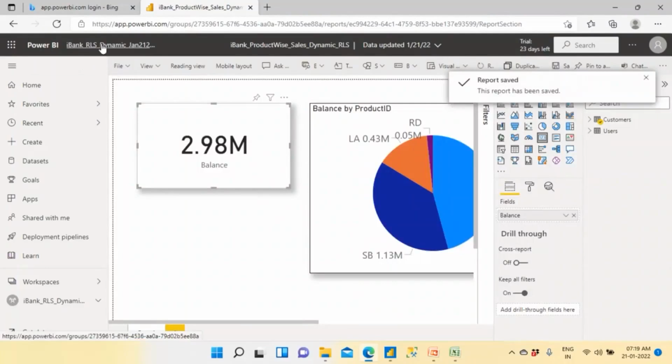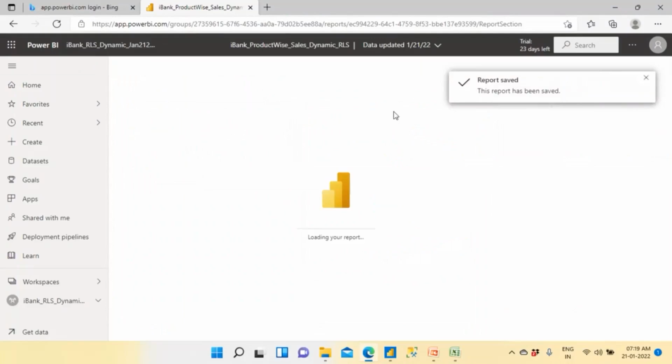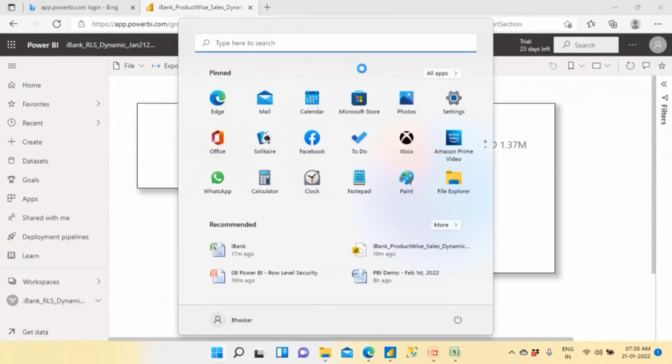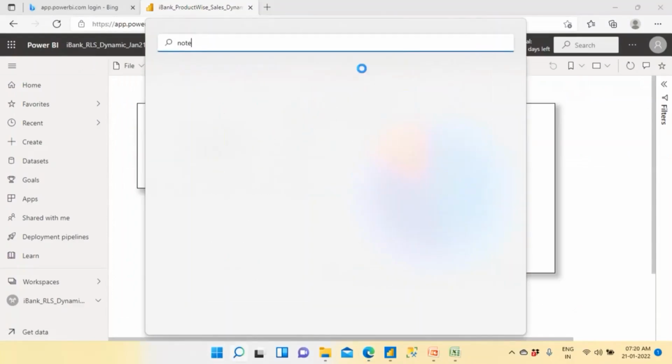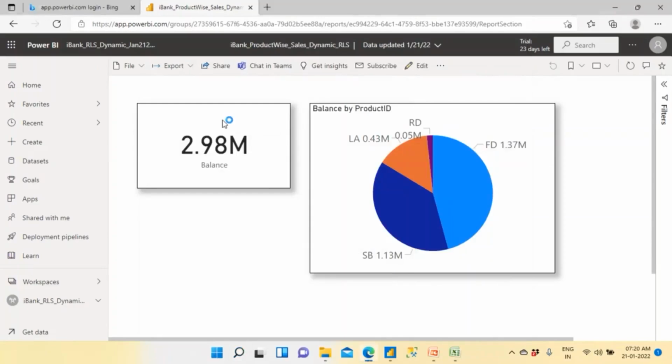Now I wanted to show you one more thing, that is when you click on this, you will be able to understand subscriptions. Okay. So it is clearly telling you, you will be able to receive email. What do you mean by subscription? Let me tell you. It is a concept of SSRS actually. Page needed reports and all these are not from this. So what is a subscribe? Subscribe means,